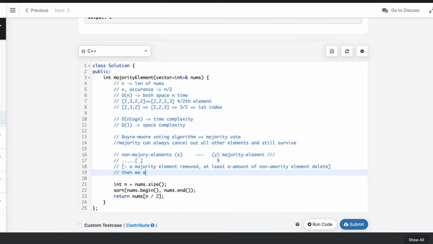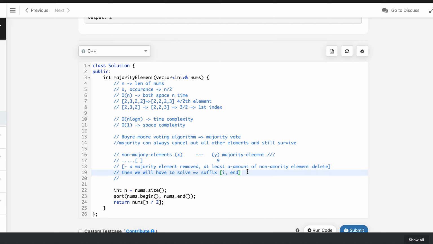Then everything is settled down, then we have to solve the suffix starting from say the ith position till the end. So definitely in the range I to end, that majority element will be the majority element for sure, because